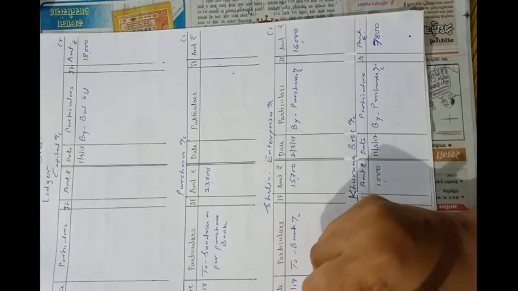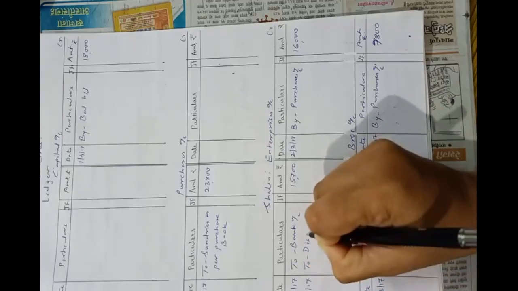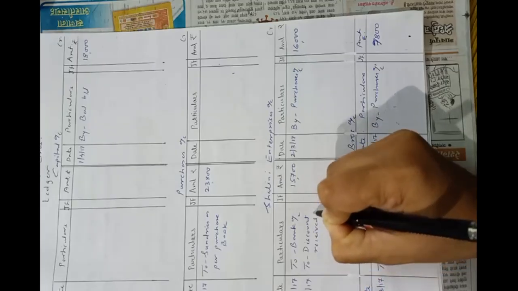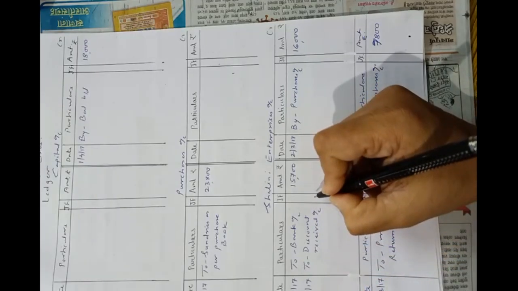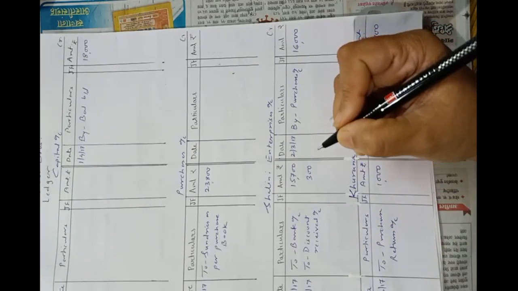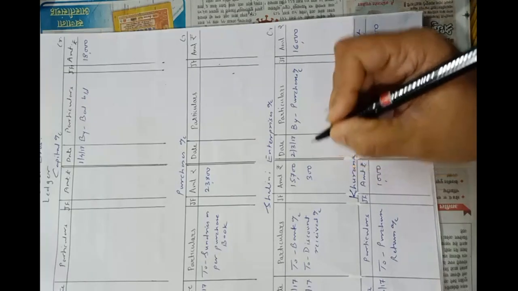On 8th March to discount received account, amount is 300. Okay, now next entry,